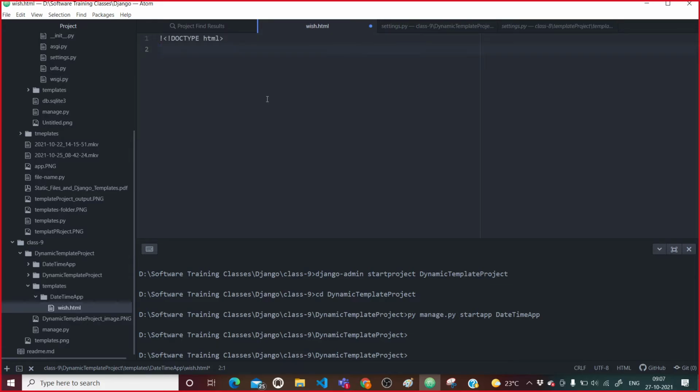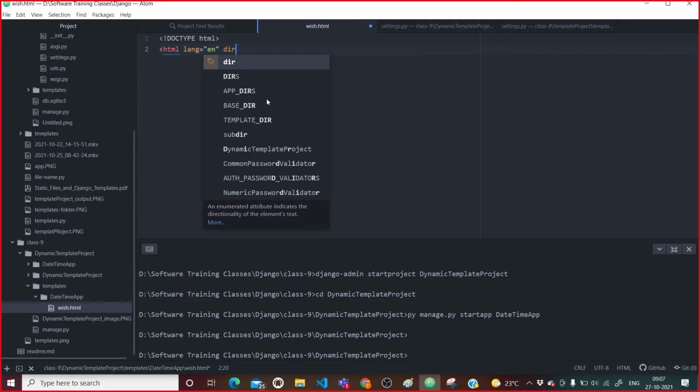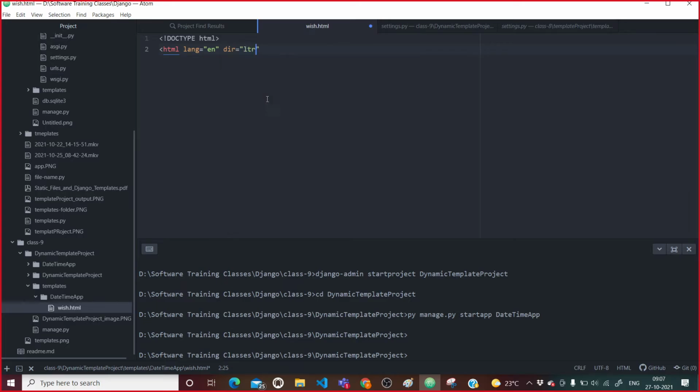After that I will say html lang en. After that dir, direction LTR. Fine. I will close HTML here.